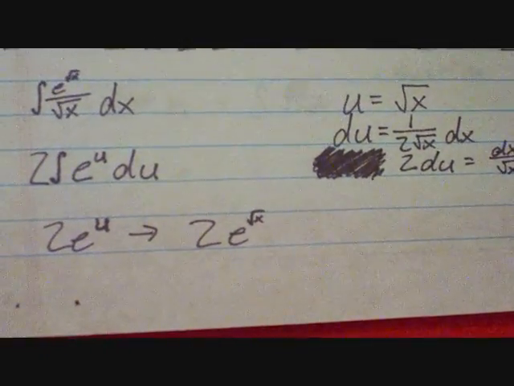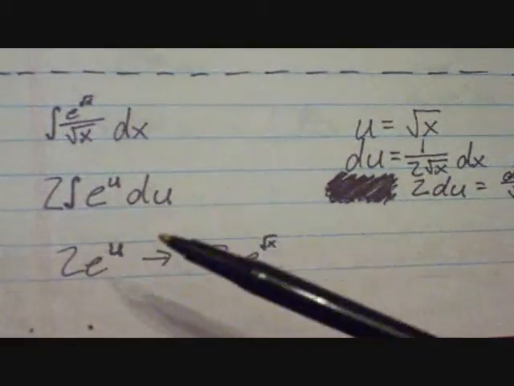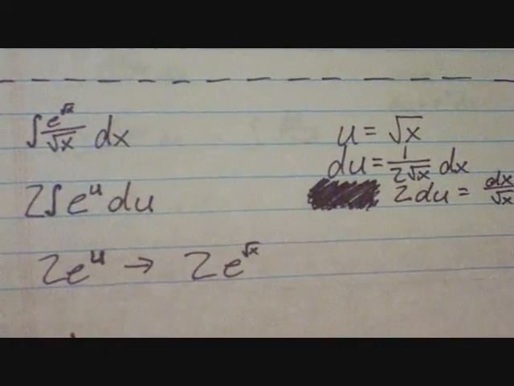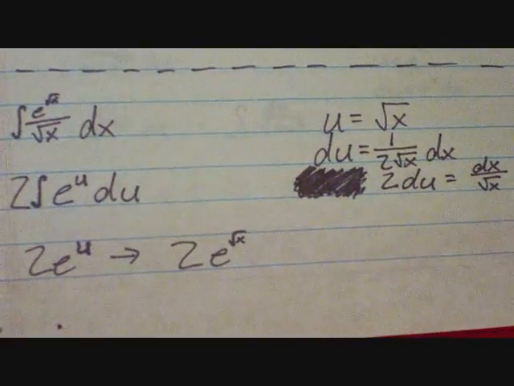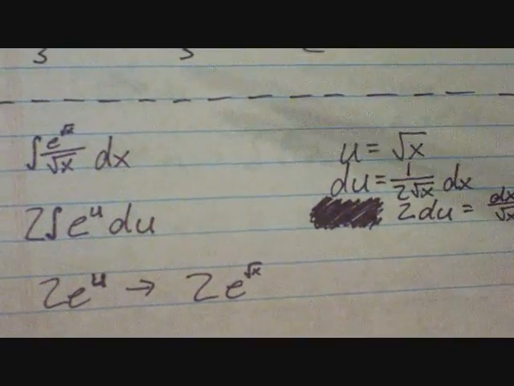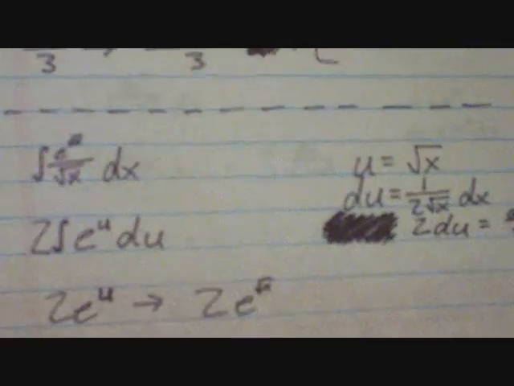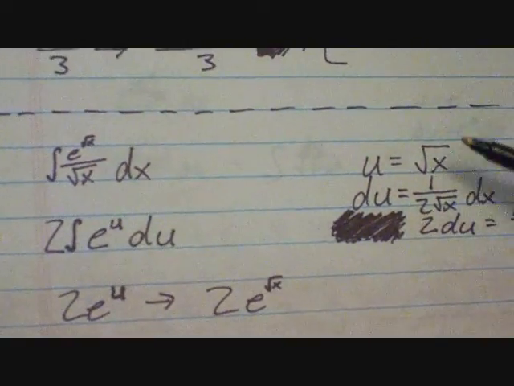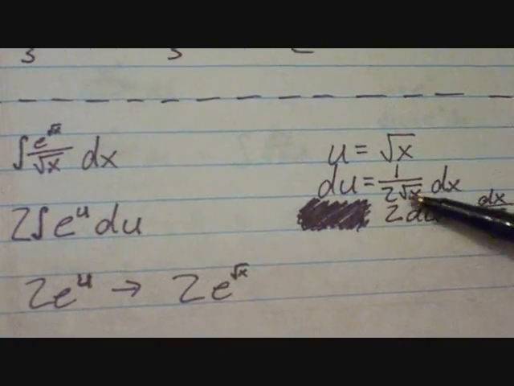Okay, so the next problem that we are evaluating is the integral of e to the square root of x over the square root of x dx. So we figure because the most complicated part of this problem is the square root of x over here by the e, we make that our u. We take the derivative of the square root of x, giving us 1 over 2 the square root of x